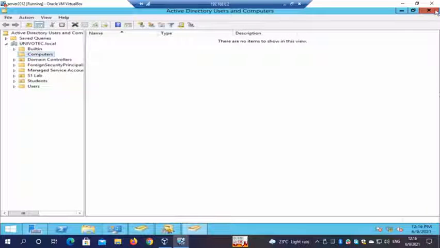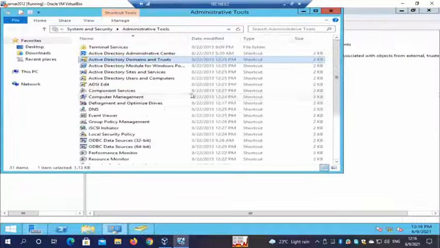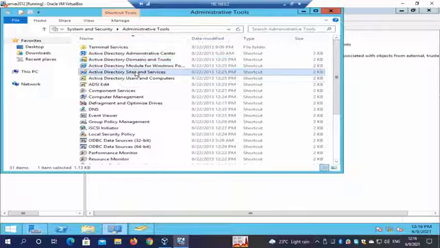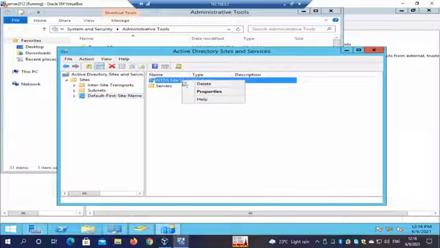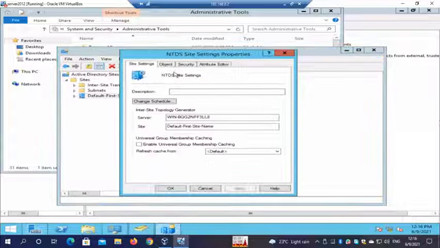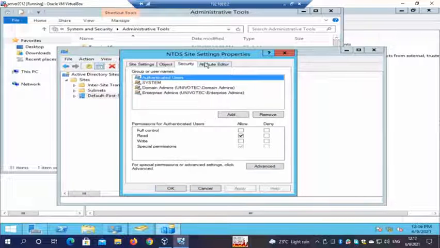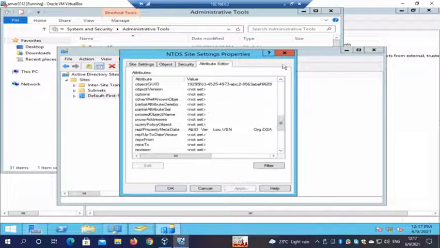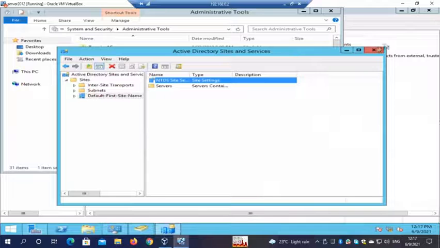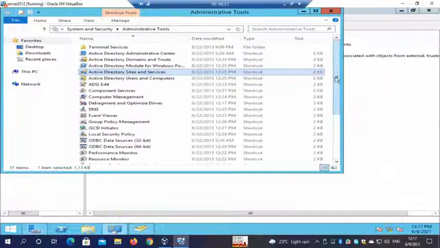No, it's not that tool. It must be this one. No, it's, yeah. There was another tool which is used to change the other two settings, the operation master roles, right?